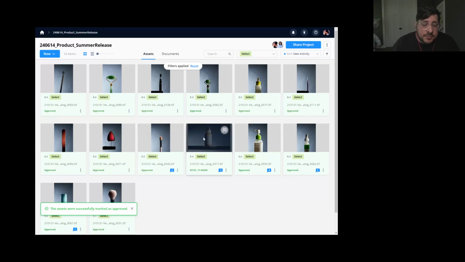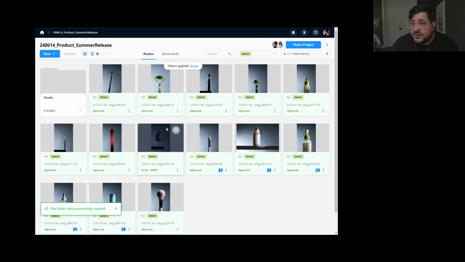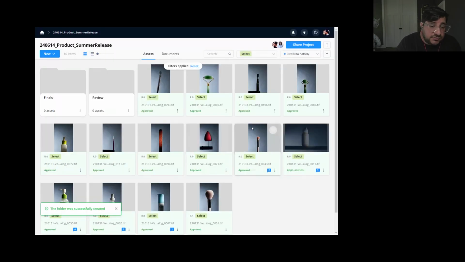Being that I was uploading high-res TIFFs here, they could just download those if they want, but maybe they have some more requirements for the files they need. Maybe they need certain sizes, certain crops. I don't know, whatever that could be. So a lot of times what you could do is you could do this from the start of a project,